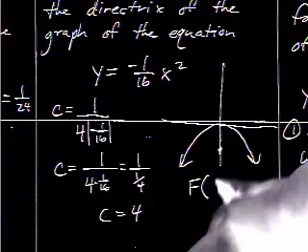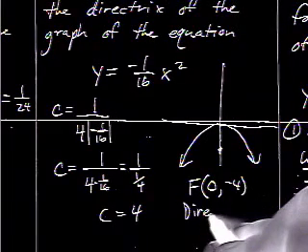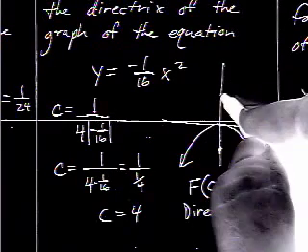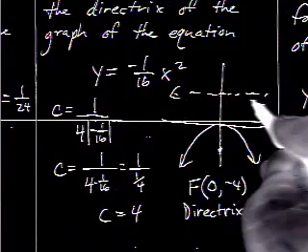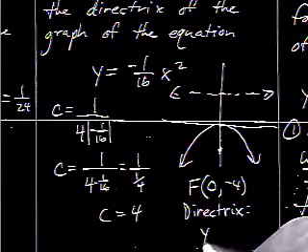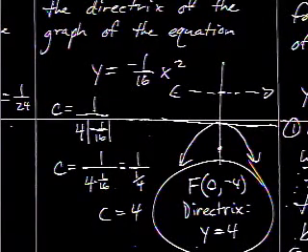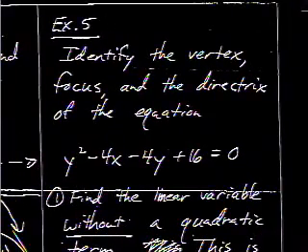The focus would be at 0, negative 4. And the directrix would be a line 4 units above. That is the line y equals positive 4. So there's the information they wanted to know about directrix and focus. All I had to do was find the distance called C. Example 5, identify the vertex. This one's a little bit more